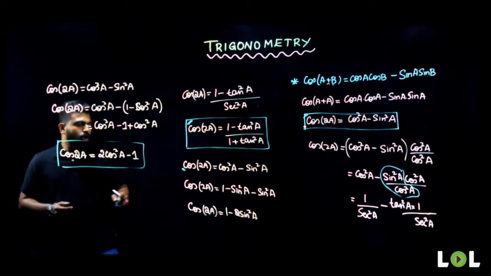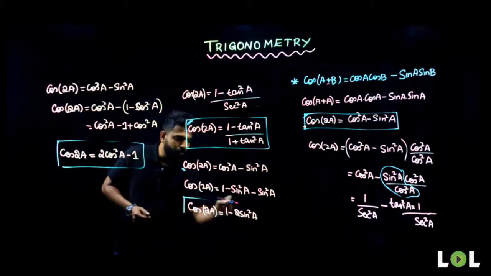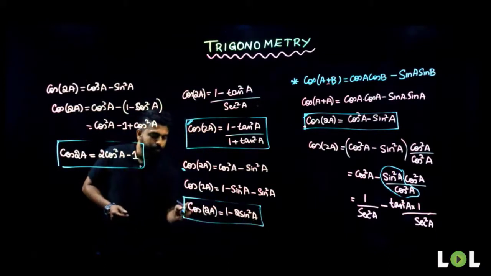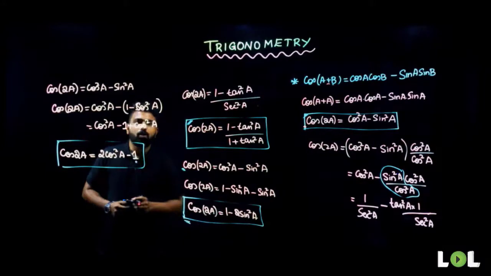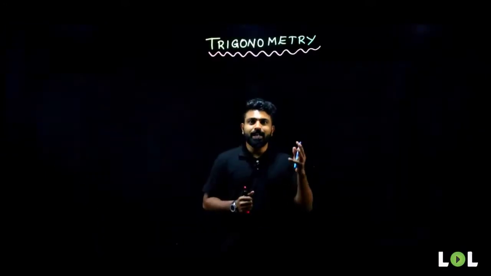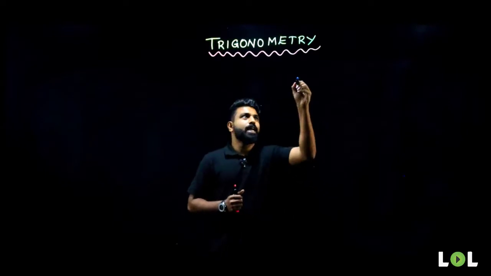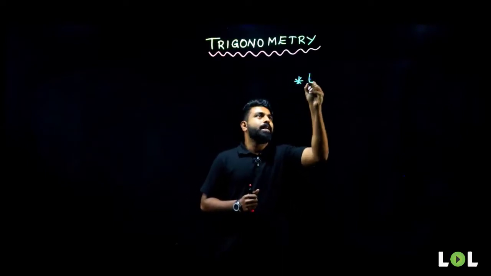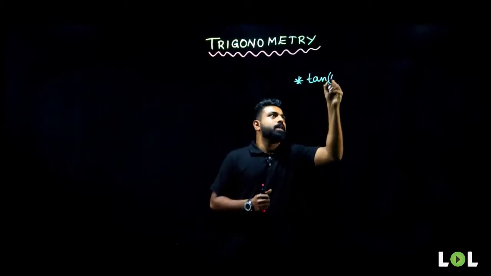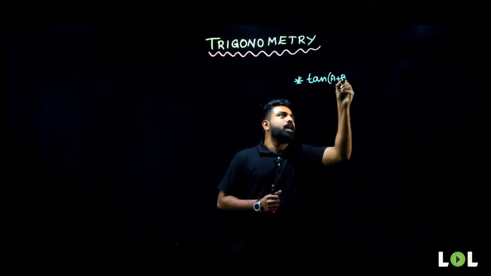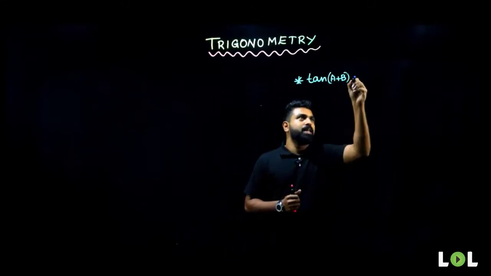So, these are all the important formulas that you will have to remember, people. You will have to remember all these formulas. So, till now, we are done deriving identities using sin and cos. Now, what we will be using is tan. What can I write tan of a plus b as? Tan of a plus b, we have already seen in our today's session. Tan of a plus b is nothing but